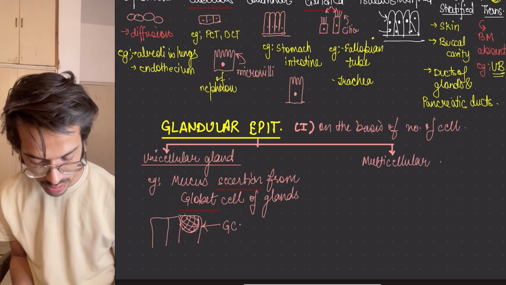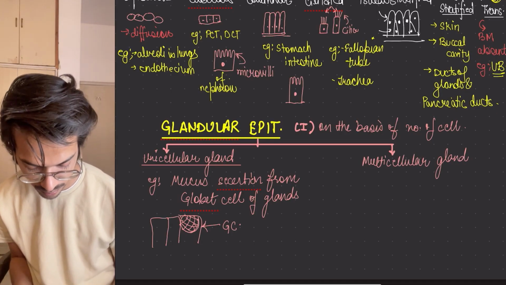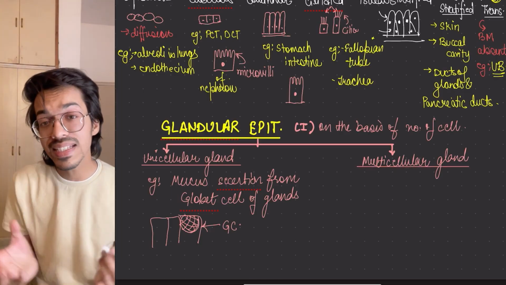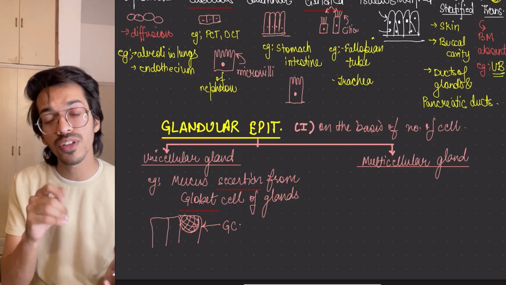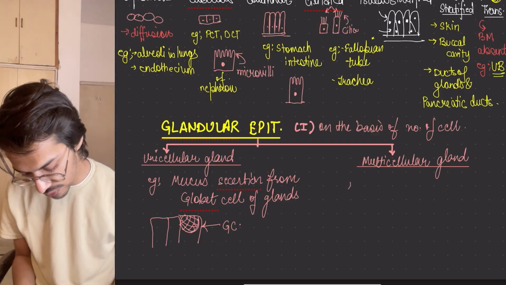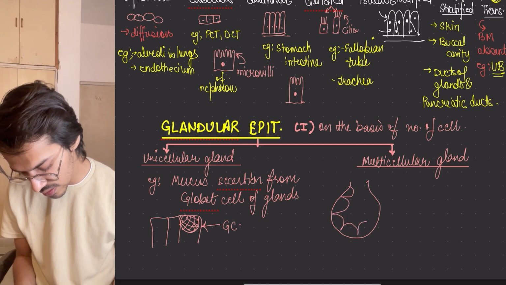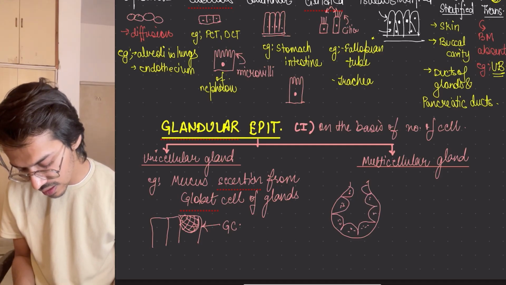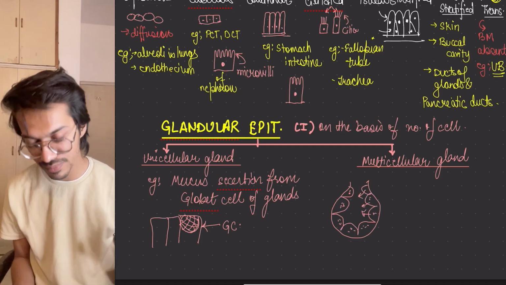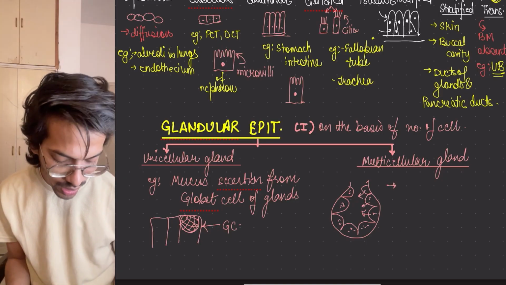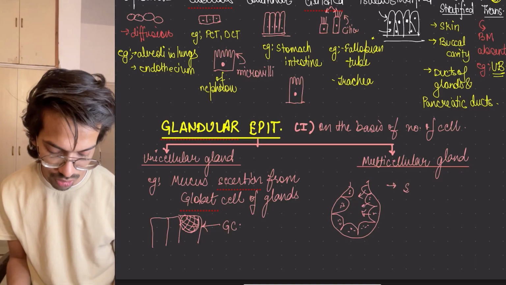So multicellular gland. In terms of multicellular gland, what happened? Many cells grouped together and do the common function of releasing certain things. Like for example, this diagram is made like this. So they made something like this, and multiple cells are shown inside it. Okay, and these cells are releasing something in the cavity. Where do you see this thing? You can see it in case of your sweat gland,